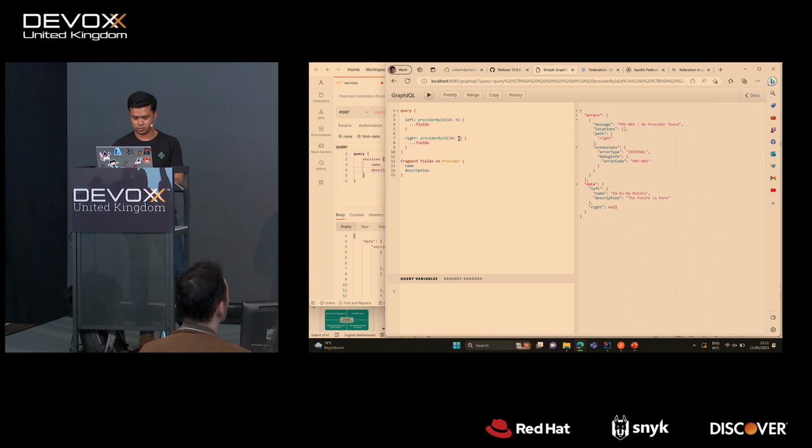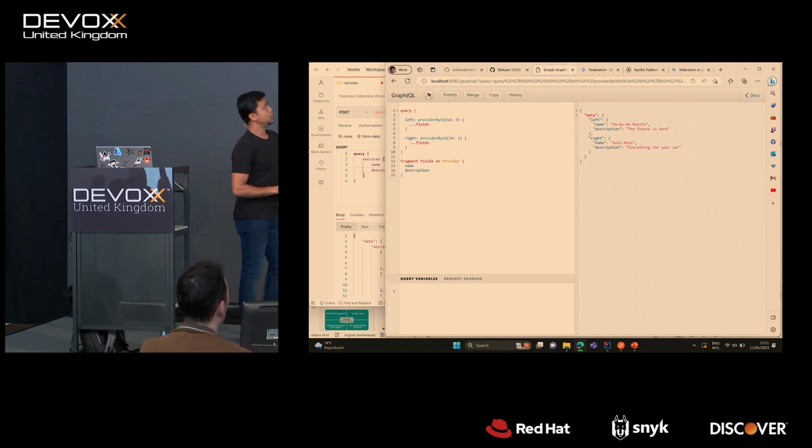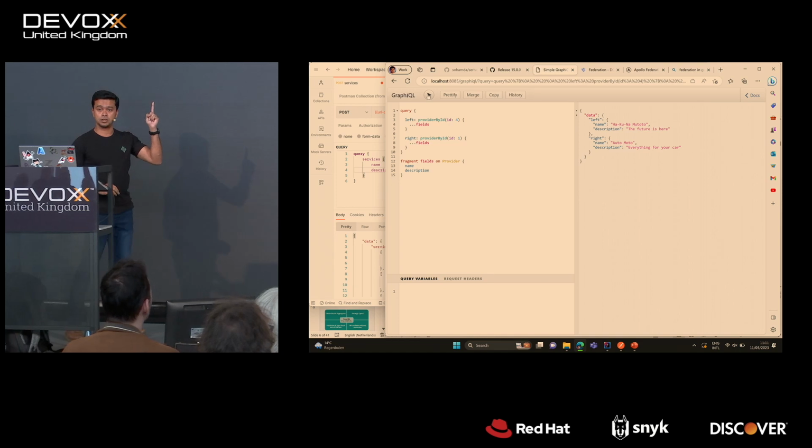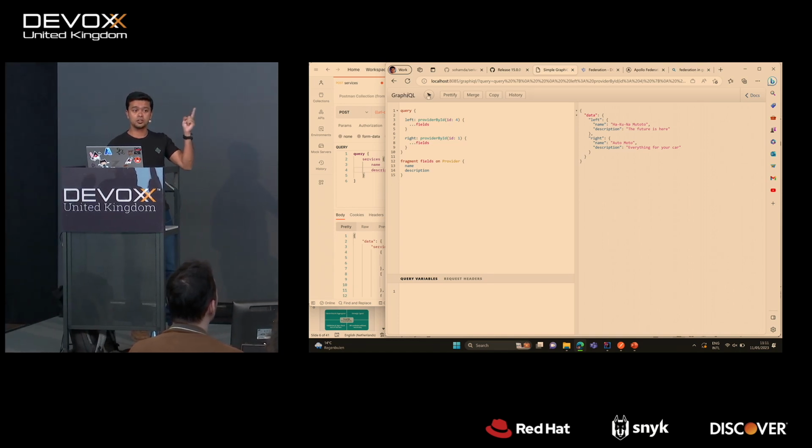Is it the 4? Let me do 1. What I just did, executed 2 queries with 1 HTTP call. That's also another powerful part of GraphQL.